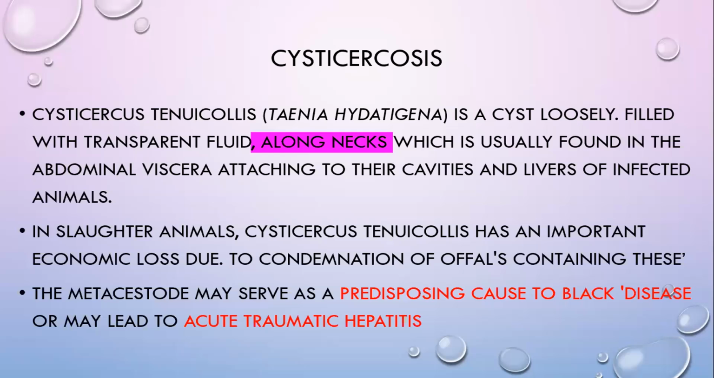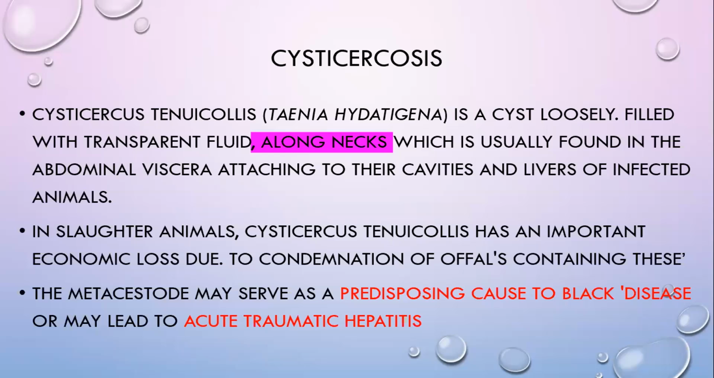So very important, cysticercosis or Cysticercus tenuicollis. The main parasite, the main tapeworm, is Taenia hydatigena. It is a cosmopolitan parasite of dog found in the intestine. And this Cysticercus tenuicollis is actually a loosely filled cavity having a neck, and they are mostly found in the abdominal region,